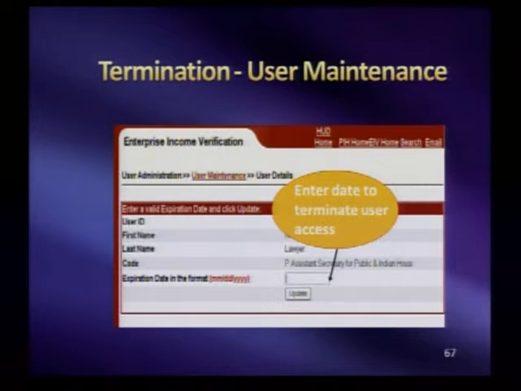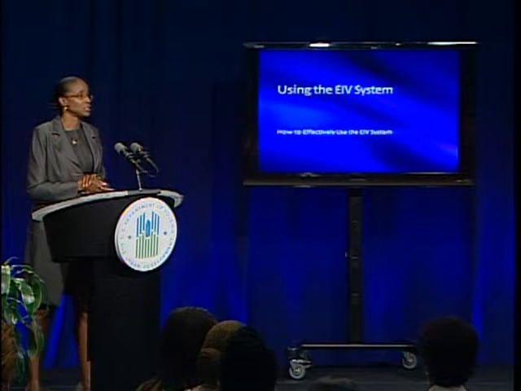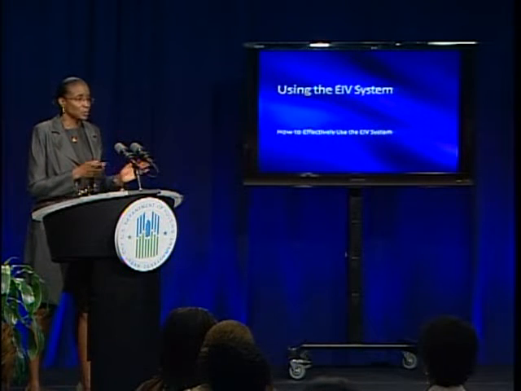But keep in mind, as I mentioned earlier, if you terminate someone in WAS or PIC, their EIV access will automatically be terminated. So you don't have to go into PIC and terminate and then go into EIV and terminate. It can be done at the front end by terminating everything in WAS, and that just wipes everything out for them. Now I want to get into effective use of the EIV system,